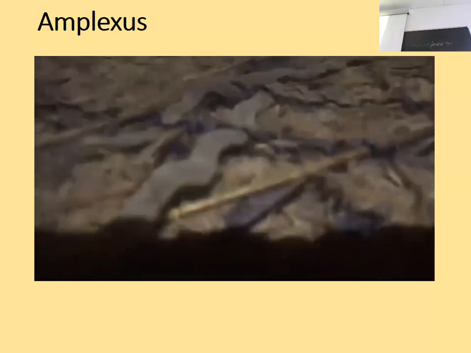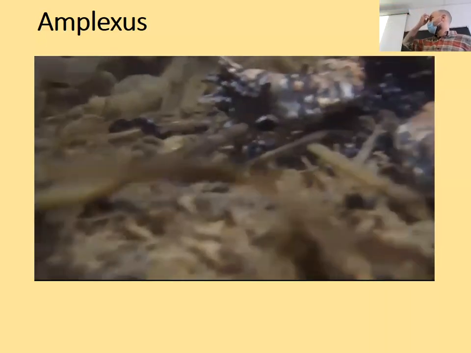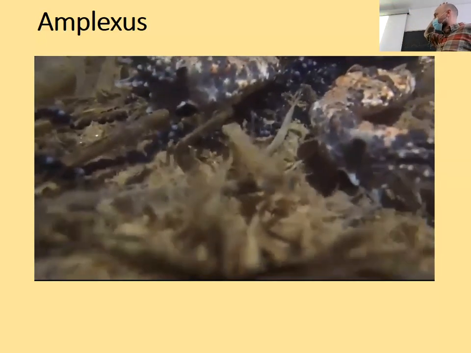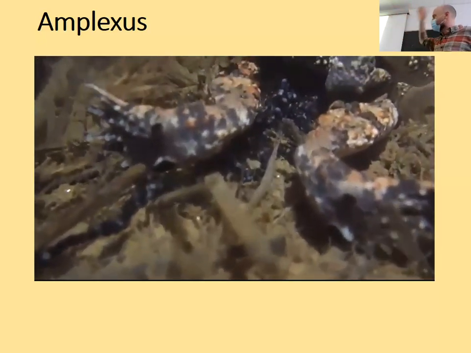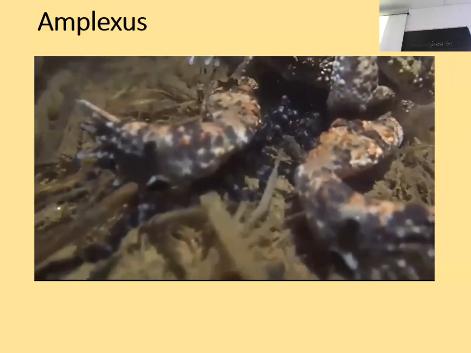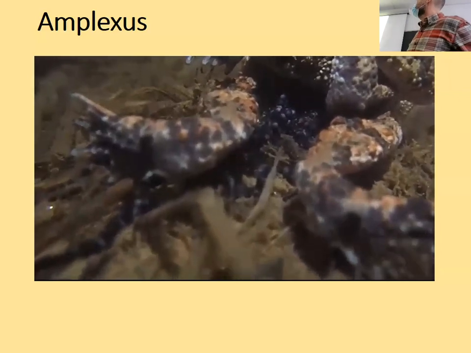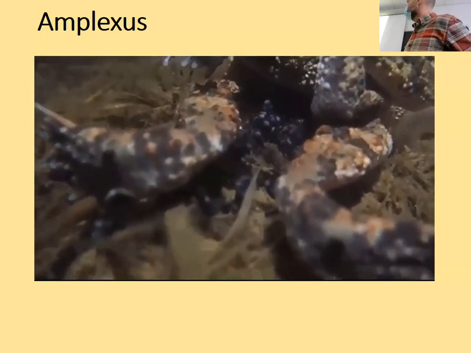You can see this trail of eggs here. That's the female letting out this long trail of eggs. And at the same time, the male is releasing sperm. Sometimes you can see it as kind of cloudy, but the sperm is microscopic. You can't see it. And so they have to be close together for that to happen. Otherwise, sperm will just spread out in the water and won't last very long.